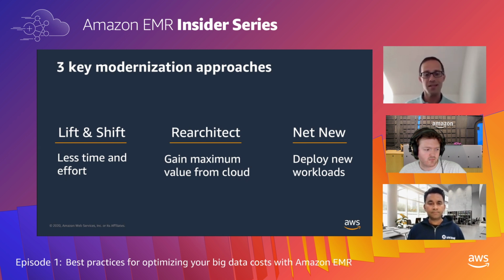So the first one is the lift and shift. I think that's the typical one that you always see. It's less time consuming and requires less effort. It's pretty easy. Take what you have on premise and just duplicate it on EMR. If you look at our applications, we match them all very closely, so it's very easy for you to lift what you have and shift. And why would you do it? Maybe you're under tight deadlines to close down your data center, or maybe you're under cost pressures and you just need to move to the cloud so you can get the benefits of cloud infrastructure, auto scaling up and down of resources. Lift and shift is easy to do.